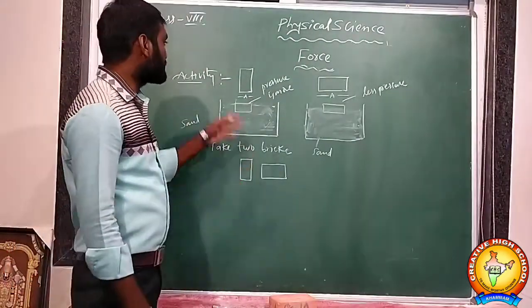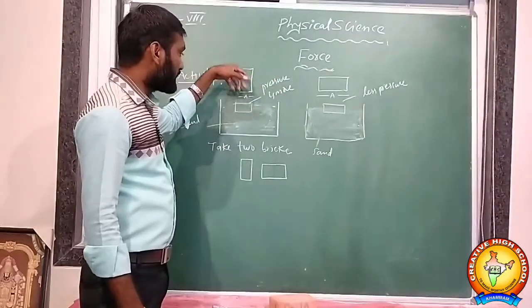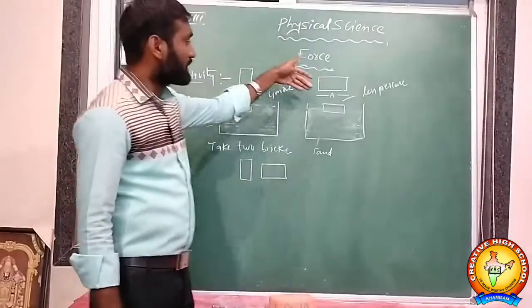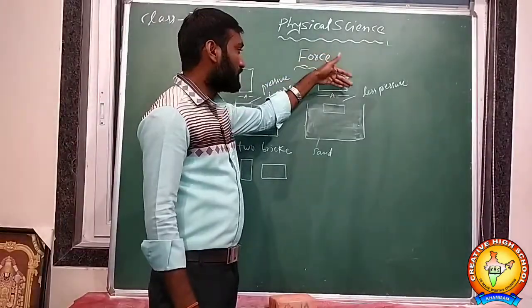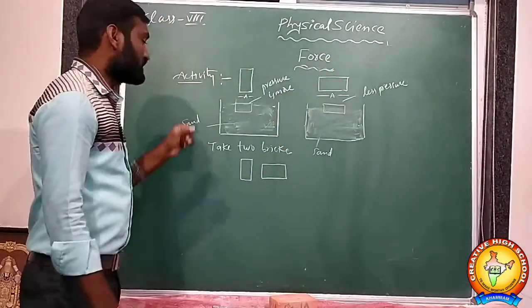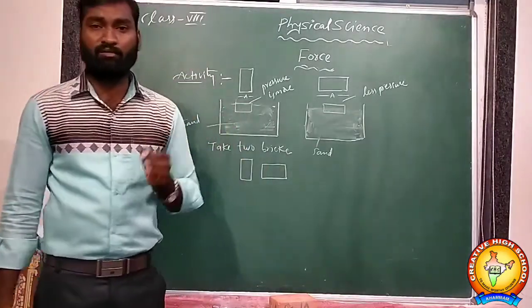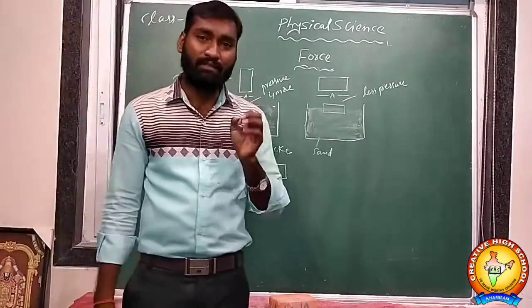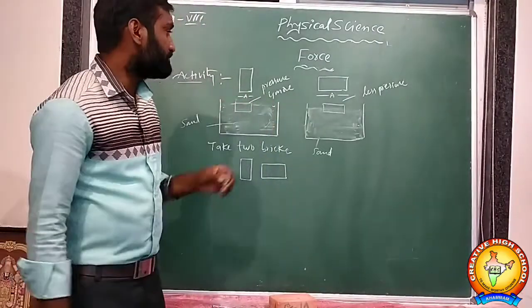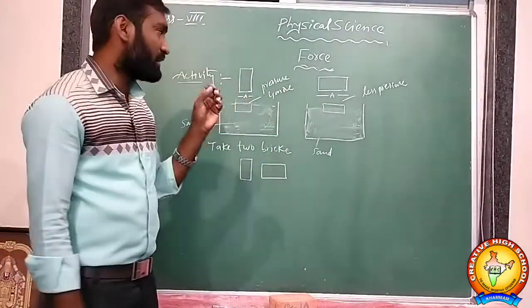This happens because the pressure is high. Automatically, with force and less area, it goes deeper into the sand. With more area, it automatically goes less inside the sand. So this activity explains that the pressure is high when the area of cross section is less. The pressure is less when there is more area of cross section. This actually explains sand and tray. Very good, very important activity for you.